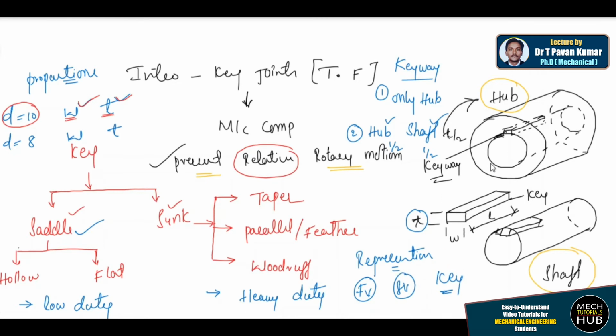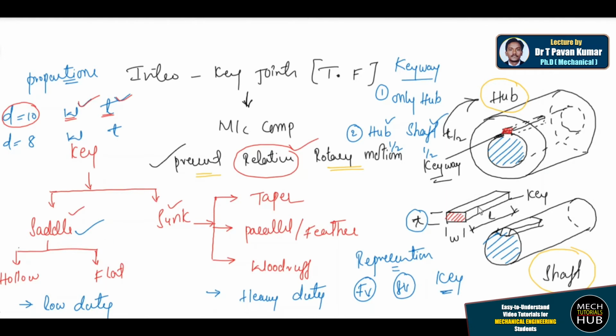After assembly, when this shaft is going to sit in this particular hub, the shaft occupies the hollow space. After that, I just need to place the key to lock these two elements. So let us say I have placed the key, then it will appear here. This key will help to prevent the relative rotary motion between these two elements.